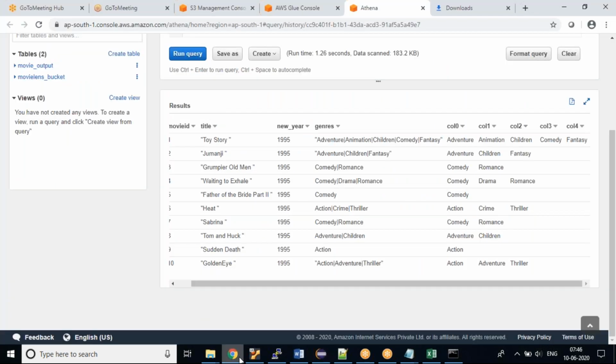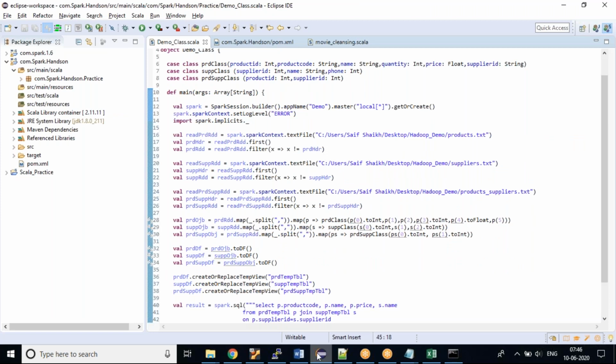This is the same thing we did in AWS and in Eclipse. So the coding is pretty simple. You just need to understand the concept and go step by step. That's how you start coding, start from basics and move ahead. So that's what I would be taking care of.